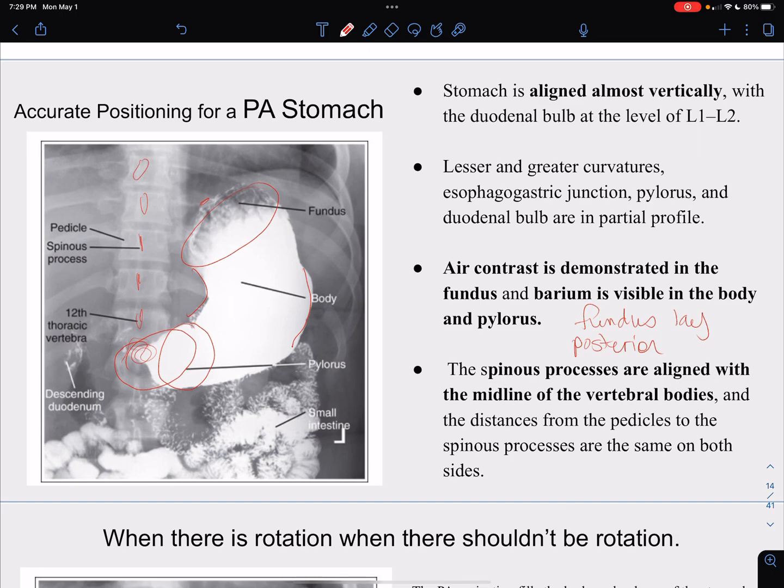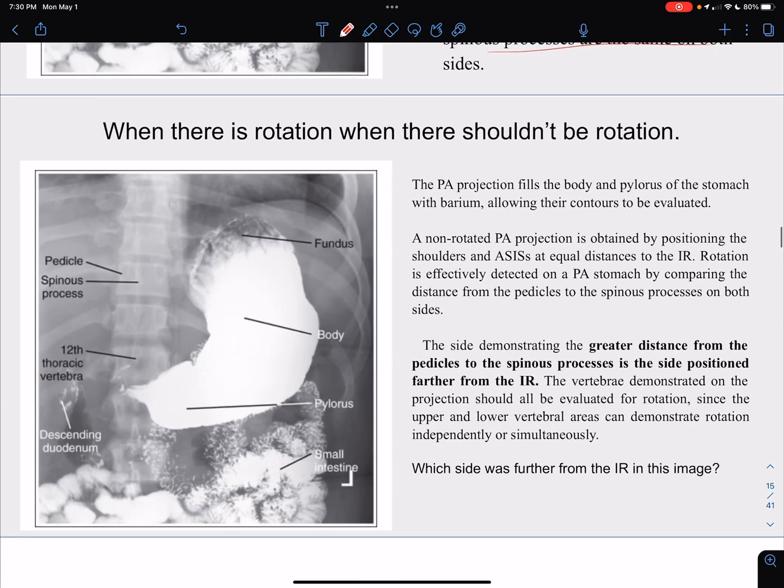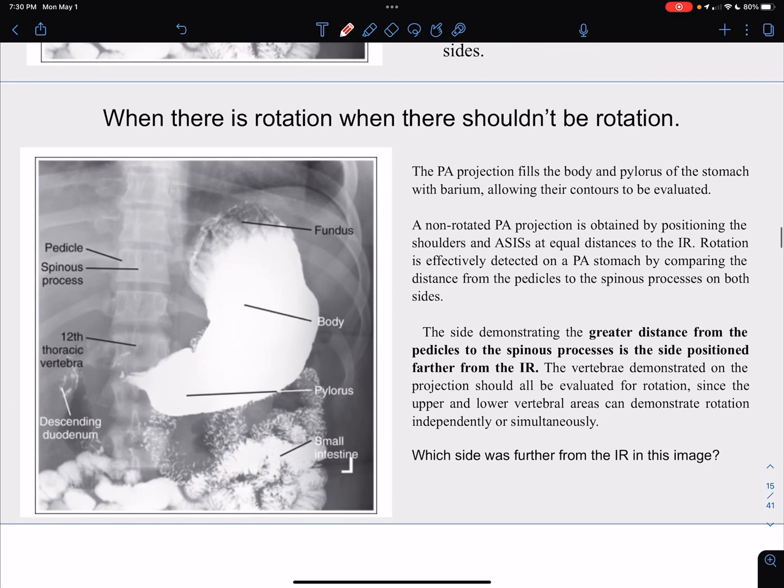As you can tell up here, this patient's starting to rotate a little bit up top. The spinous processes, that's what I just said. And then the distances from the pedicles, just like we look at a chest x-ray or abdomen, the distance from the pedicles to the spinous processes should be equidistant. So pedicle, equidistant. These aren't really equal. These are a tad bit rotated, but that's okay. When there's rotation, when there shouldn't be,